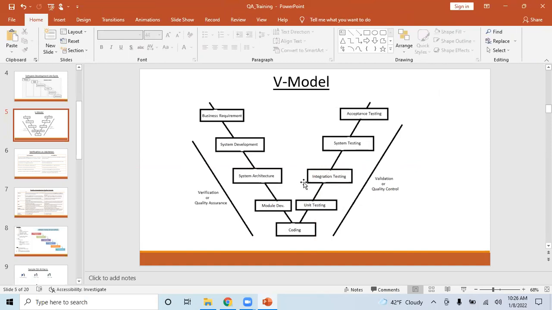So that's where the integration testing is done, and this is mostly done by developers only. Once the integration is done, they promote everything to QA, and then system testing comes into the picture. In system testing, that's where the tester comes in, and they execute the test cases, right? Once the test cases are executed and everything is done, they promote the build to UAT.